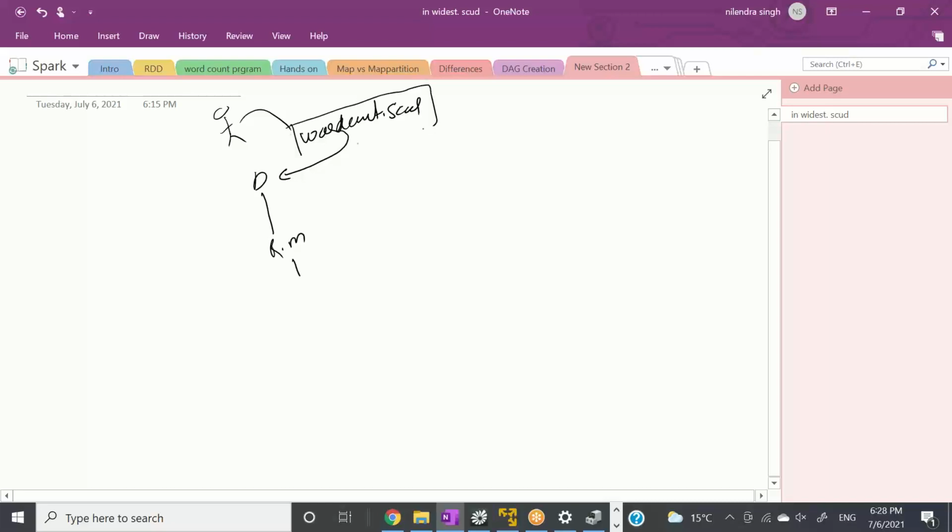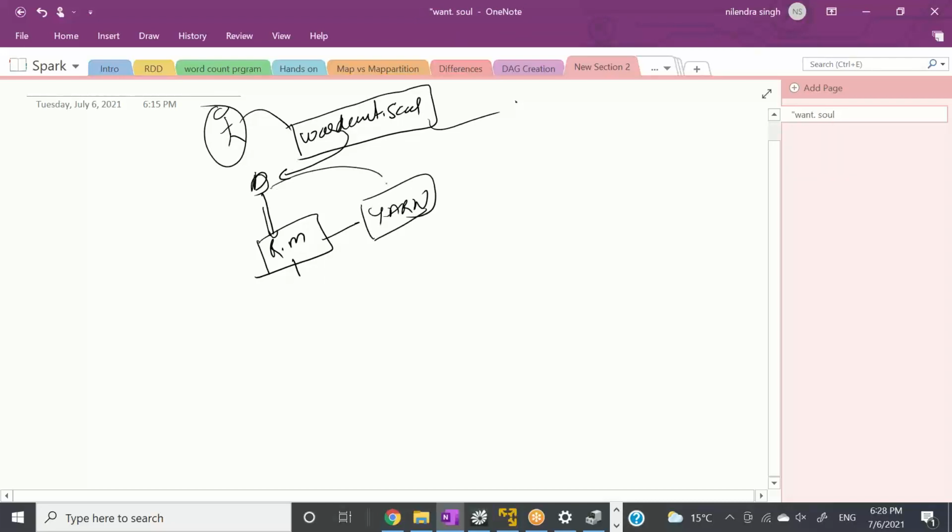When you submit this wordcount.scala, either as a programmer you can tell the cluster how much resources you need, or if you skip those settings, the cluster or some configuration will decide how many default executors, how much memory, how much RAM needs to be assigned to this particular program. So when you go to the driver, by some configuration the driver will come to know that this program will need this many resources. Then it will talk to the resource manager. Let's say the resource manager can be anything; in our case, let's say it is Yarn. So the driver will talk to Yarn.